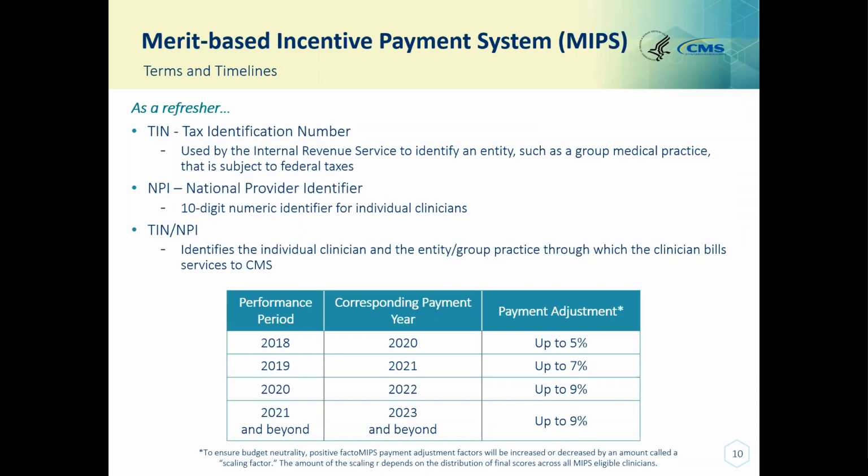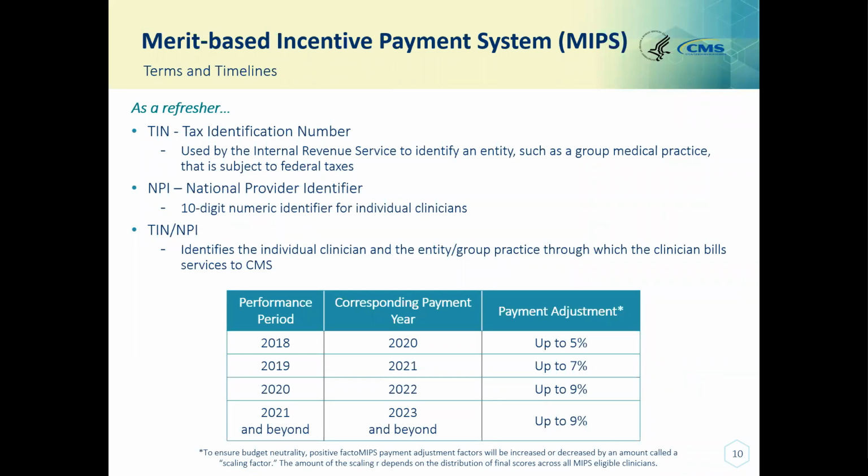Okay, and all of the information on this slide is really just refresher information. As we go through our presentation, you'll hear these different terms. I'm sure the majority of folks on today use these terms all the time, so this is nothing new, but if you can educate someone, that would be great.